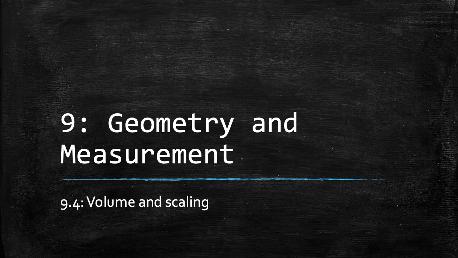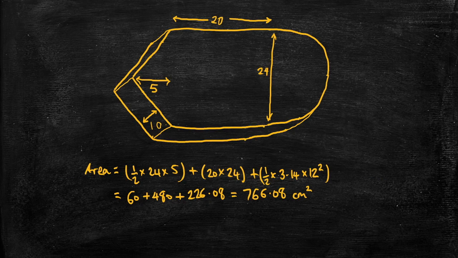Next, let's work through some volume and scaling examples. So last time we had this shape here consisting of a triangle, a rectangle, and a semicircle, and we figured out its area to be 766.08 square centimeters. Now let's imagine taking that shape and extending it in a third dimension by 10 centimeters to create a solid. And to calculate the volume of that solid,